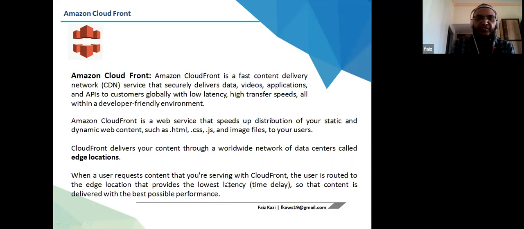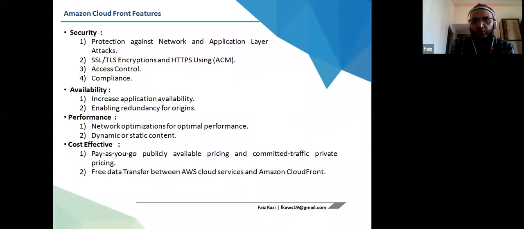Like we see in Route 53, right? We saw that if you want to redirect to a particular server, like geolocation and other things, with Route 53 we can use a combination of CloudFront also to get that performance level enhanced or optimized. So we talked about this.